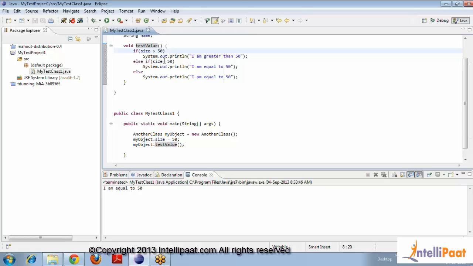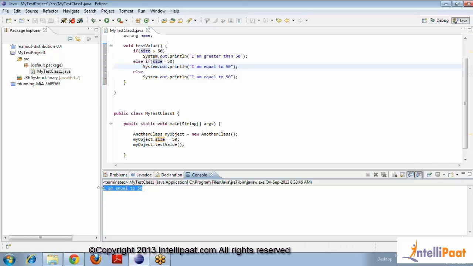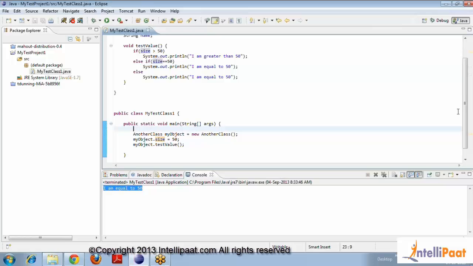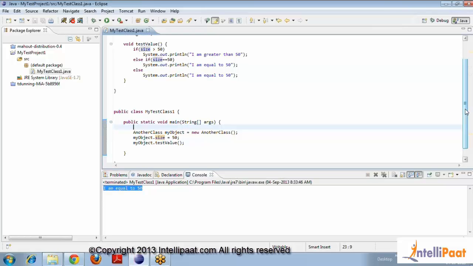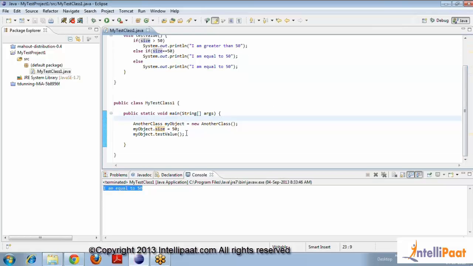It will check if size is equal to 50. Is it equal to 50? Yes. So we'll go ahead and execute the code that is assigned to the else statement, which is I'm equal to 50, and come out of the method. So here's where you get the output. To understand the concept of objects and classes clearly, what I'm going to do is create another object